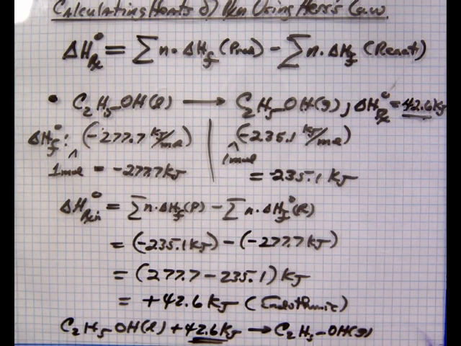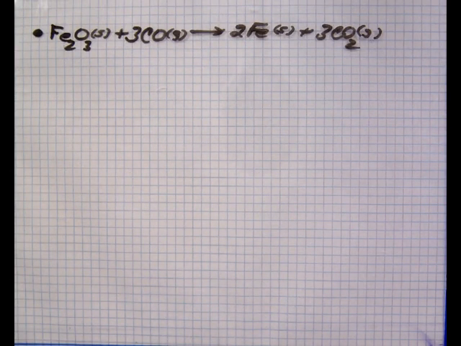Now we'll do one that has a few coefficients, and we come out with an exothermic value. Let's see. So we're given this reaction, good old down-home rust, iron 3 oxide, which can be reacted with carbon monoxide, and it will deliver 2 moles of iron and 3 moles